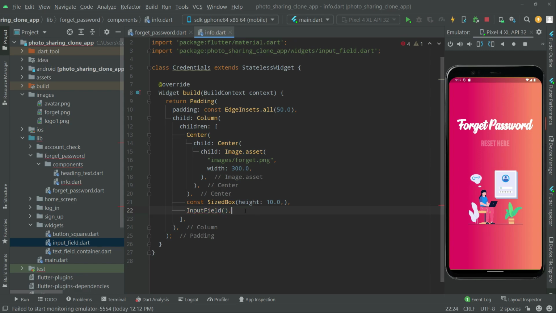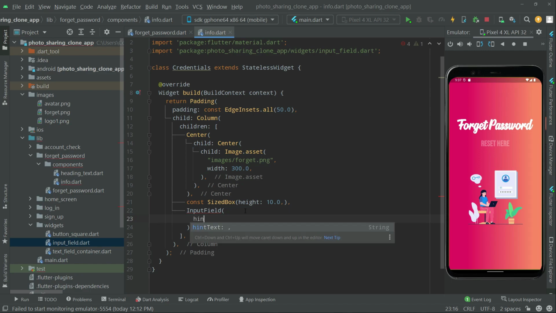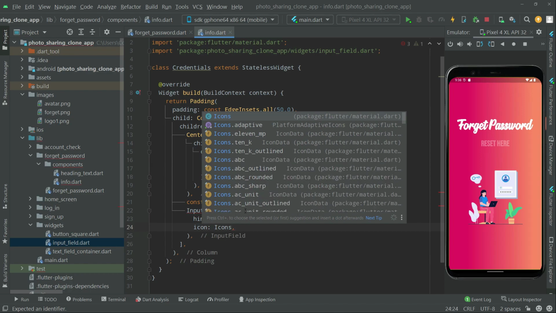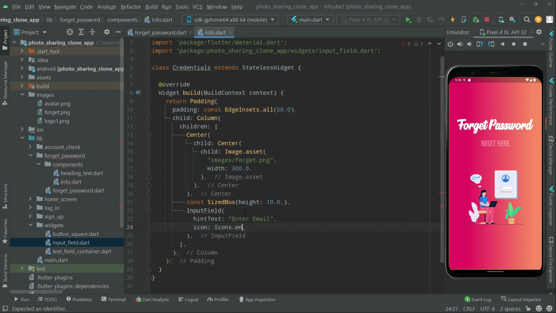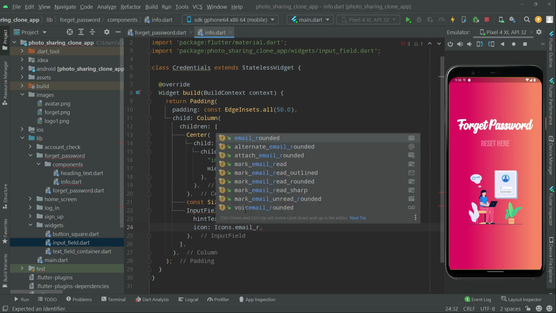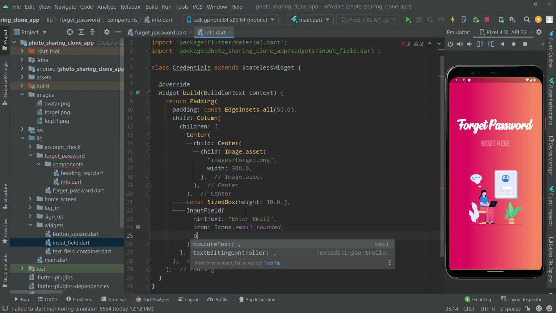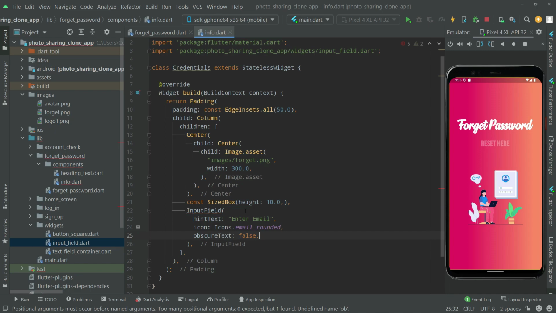So first we will set the hint text for it. Hint text will be Enter email. Right after, let's set the icon. Icon will be Icons, we will go with email, email underscore rounded. There we go with this suggestion. All good. Right after, we will set the obscure text to false, and right after we're going to set the